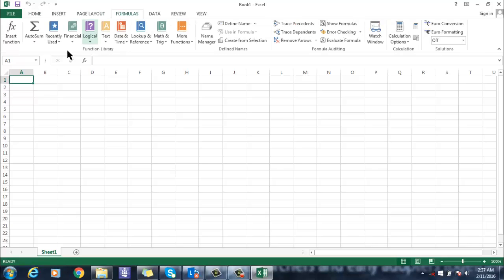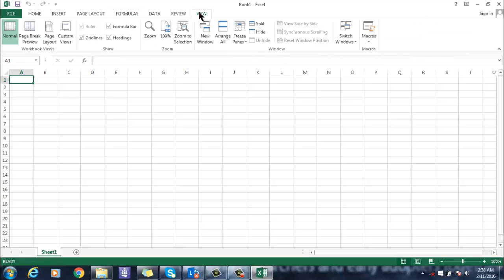On the Formula tab, we have function library, we have defined names, we have formulas auditing, we have calculation and solution. If we should go down to the View tab, we have worksheet views group, we have show group, we have zoom group, we have window group, and macros group. So this is how the ribbon is organized into tabs, further categorized into groups